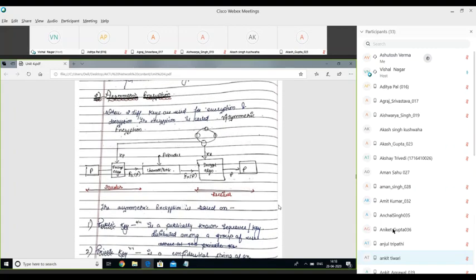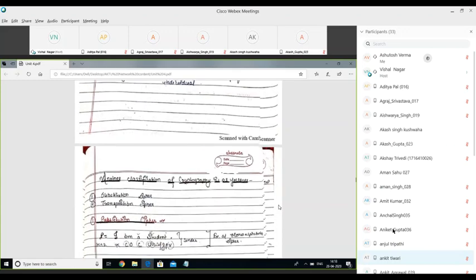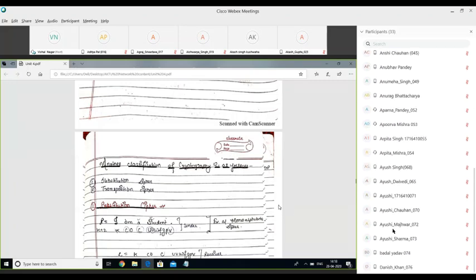So now in today's discussion we are going to classify the encryption on a different parameter. Today we are going to discuss a different type of classification of encryption, that is substitution cipher and transposition cipher.